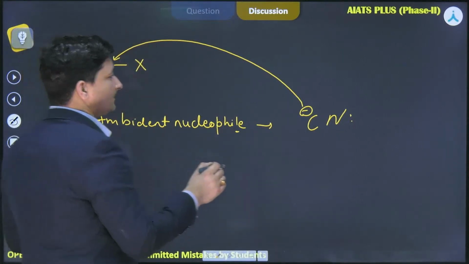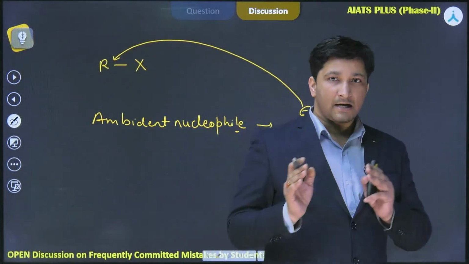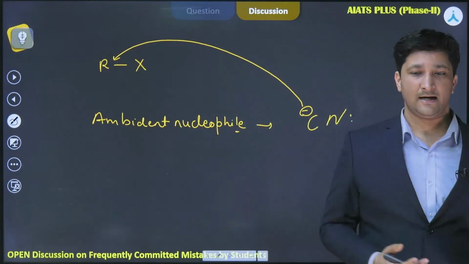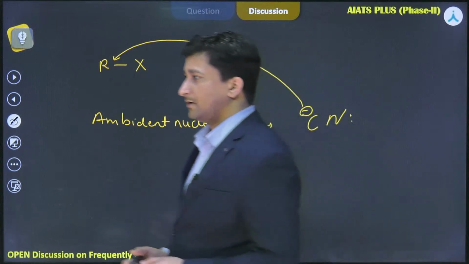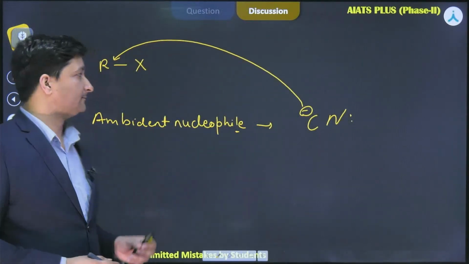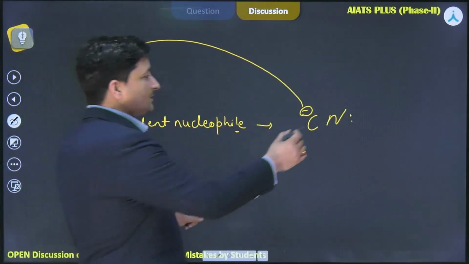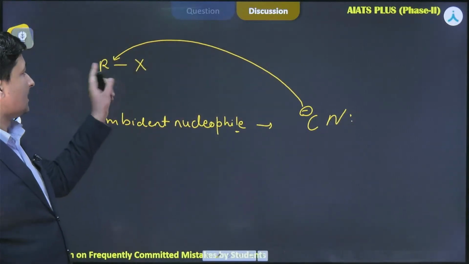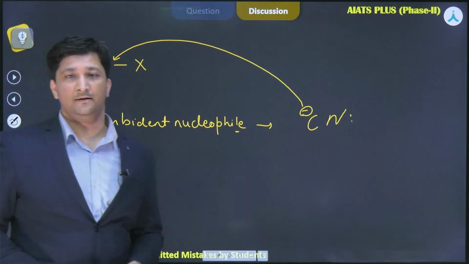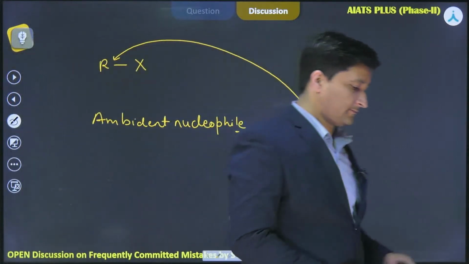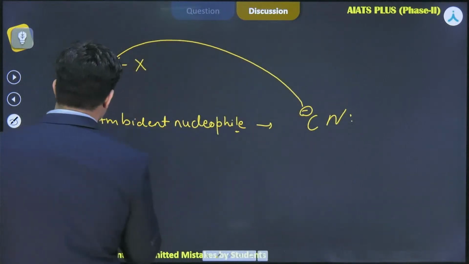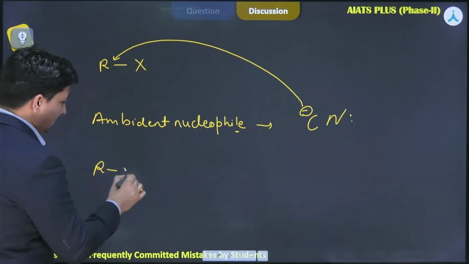Now, we have to think: if carbon attacks this R, what will be the product? We will get a carbon-carbon bond. R will form a bond with C and we will get a nitrile, or sorry, a cyanide. And if this lone pair of nitrogen attacks the R, at that time we are going to get isocyanide. So two situations arise. RX